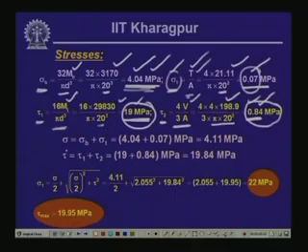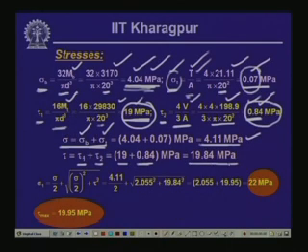Now, the total normal stress which we have is the normal stress because of the bending and the normal stress because of the tensile pull, and this comes as 4.11 megapascal. And the total shearing stress that we have, tau, is equal to tau 1 plus tau 2, which is equal to 19 plus 0.84. This gives us a value of 19.84 megapascal. This is the value of the shearing stress that is getting generated because of the twisting moment and the transverse shear. Now, once we have this value of sigma and tau, we can substitute these values in this expression, or